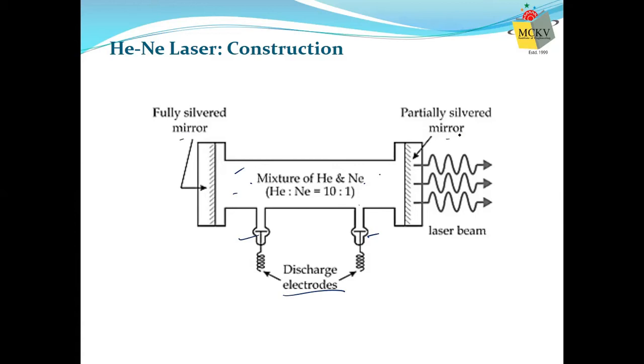Actually, we can do some engineering tricks here also. But the basic thing, you require two mirrors at the two ends. One is fully silvered, that means we expect 100% reflection from it. There will not be any light energy coming out from this mirror. Whereas the other one is partially silvered, that means some light energy can be emitted through it. Say 10% will be emitted. So that will be the partially silvered mirror. That means through this end, light will be emitted.